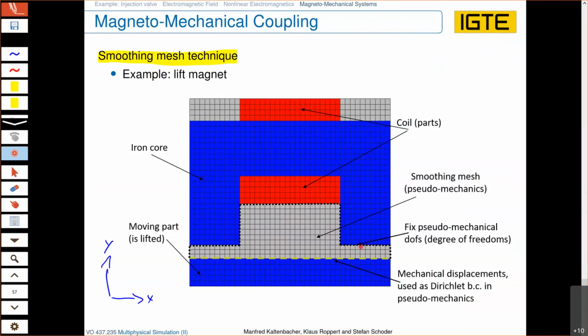here. You just would compute it in this structure and perhaps in this structure. So no problem for computational mechanics, but a big problem for computational electromagnetics. So what does this mean, this smoothing mesh technique? The idea here is simply the following. The simplest idea, and I write here one, would be to also extend the computational domain